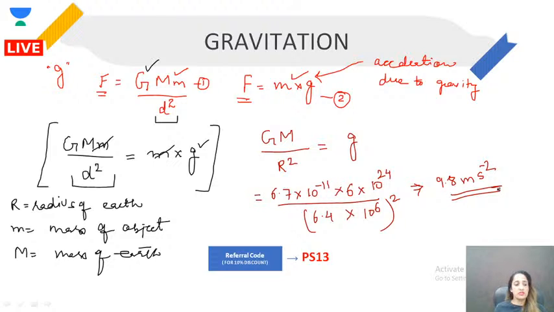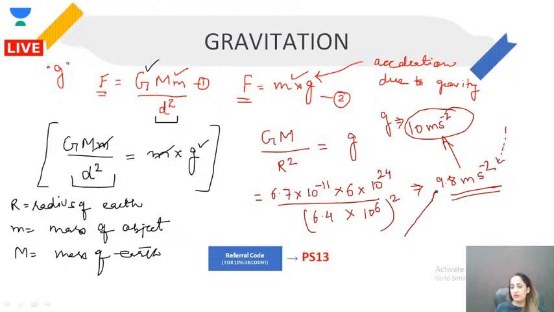Alright, so the point that you have to remember here is, if in the numericals this value is mentioned, then you need to take this value, and if this value is not mentioned in your numericals, then to keep it simple you can take 10 meter per second square as the value for g. But I would recommend you guys preferably go for this value. Okay, so that is all about